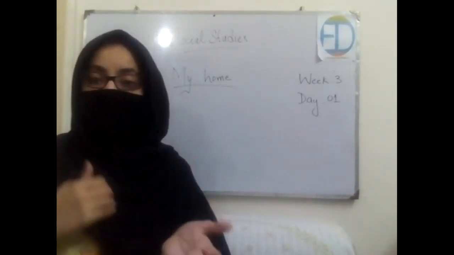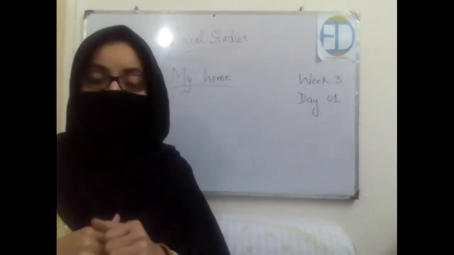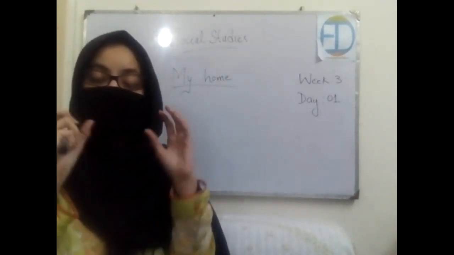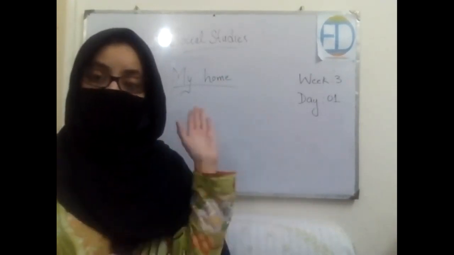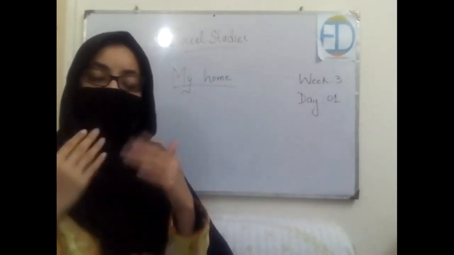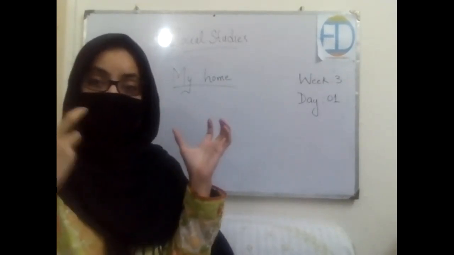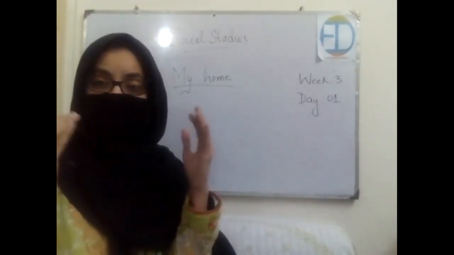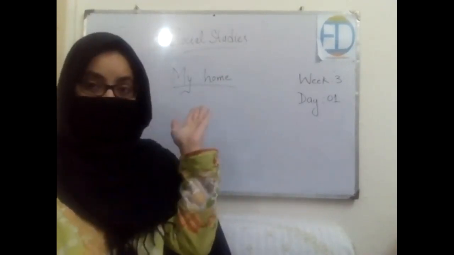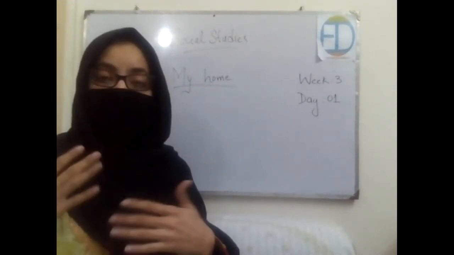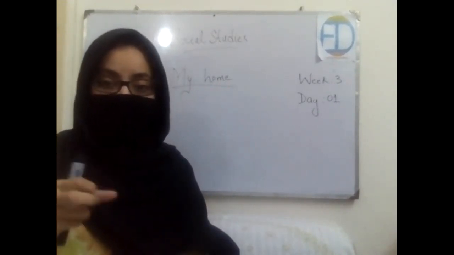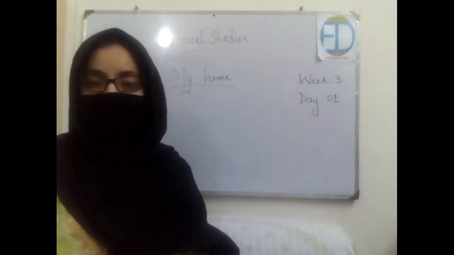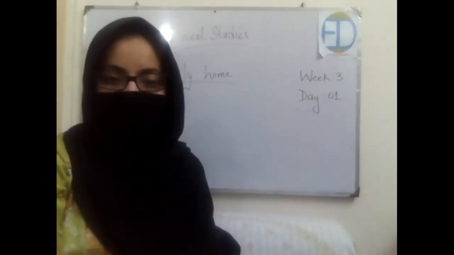We cannot call any building or any place our house, but there is this specific place which we call a house, and there are some special characteristics related to this term. If I ask you, whenever you look at this word, what is the first thought that comes to your mind? You would say care, freedom, a sense of connectivity, love, respect. All of the terms related to this word cannot be felt anywhere else. So this is the reason why we are studying this topic. Okay, so let's watch a small video together, and then we will discuss this topic further.